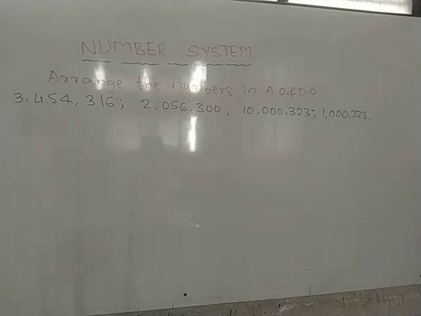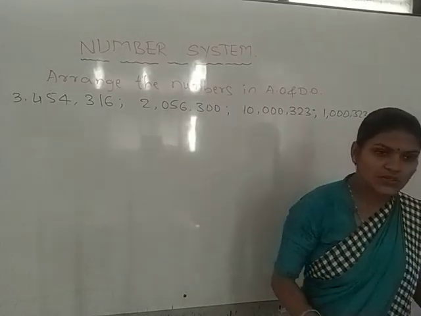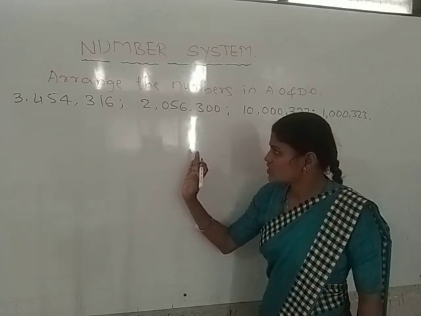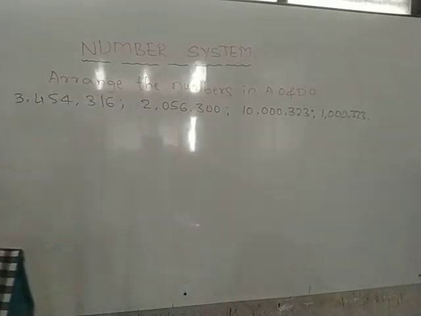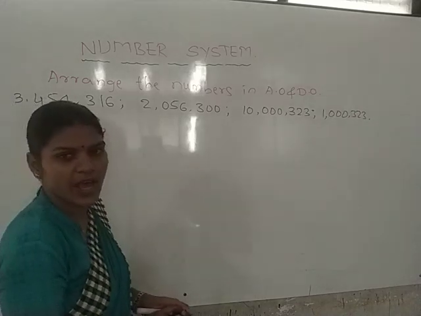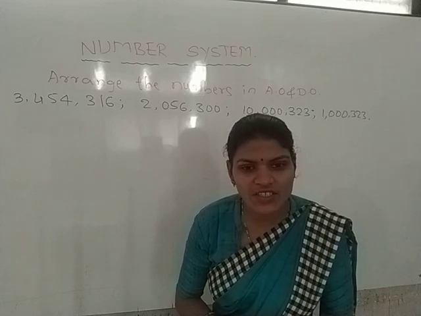Is it visible? Okay. So I hope everybody is getting this one. So dear students, first you have to observe the places, the place values, as well as the digits. Those digits, in which place, what is the place value, please observe and arrange in ascending order as well as descending order. What is meant by ascending order? Means four to five days back you taught us, so we are not understanding. Don't say like that. Ascending means what?